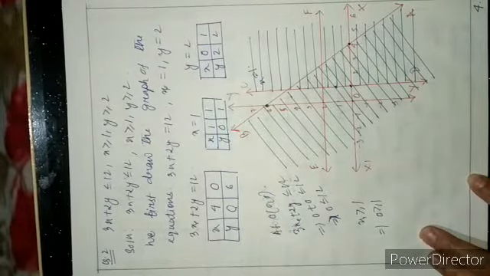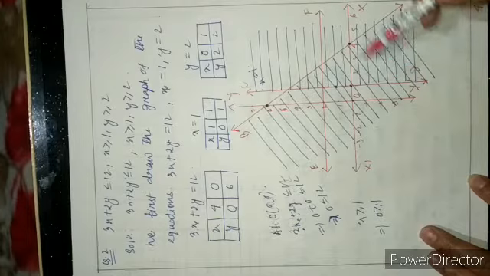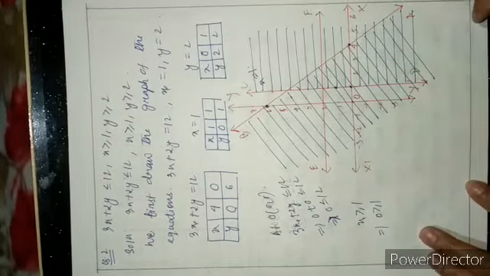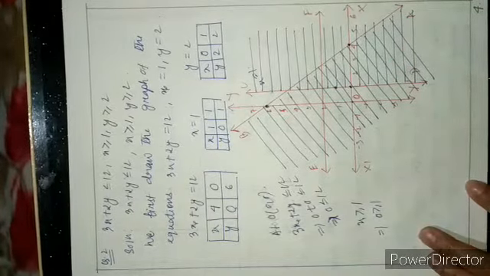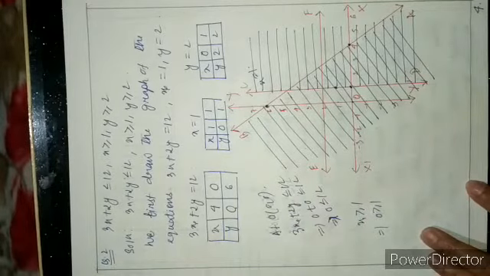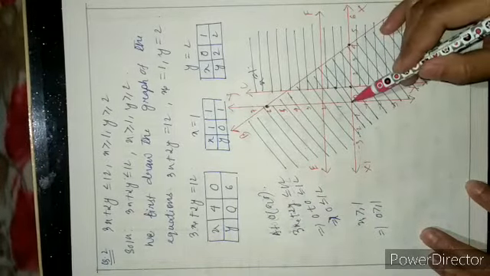Line CD is done. The solution region is the common part of the first graph and the second graph. Now we have to draw the graph of y is equal to 2. For the graph of y is equal to 2, when x is 0,